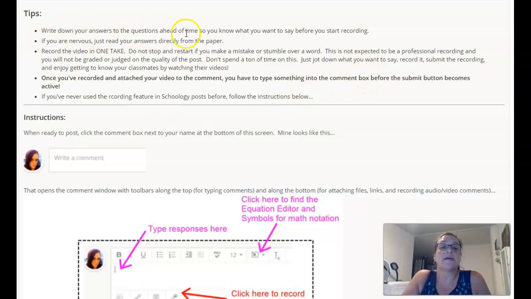Just write down your answers to the questions ahead of time so you know what you want to say. If you're nervous, go ahead and just read your answers directly from the paper, right? There's no pressure there at all. Record it in one take, and when you've finished recording your video, you're going to want to type something in